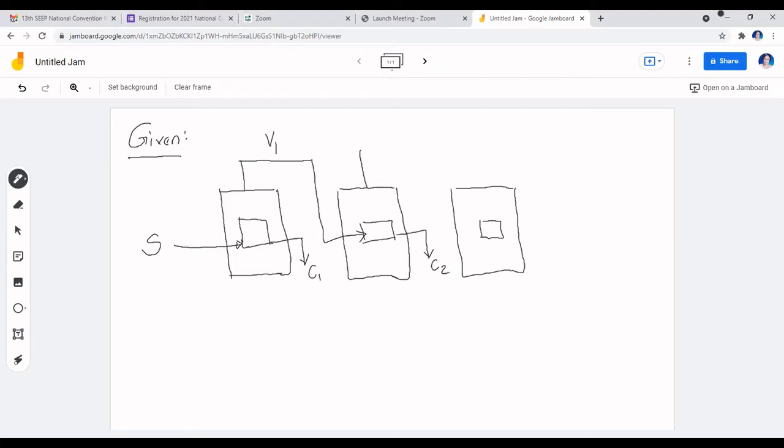Then the vapor of the second effect heats up the calandria of the third effect. And you have here your condensate 3. The vapor of the last effect either goes to the condenser if the problem is providing information. In this case, there's no information about it, so I will just simply write V sub 3. Okay, so this is what happens in terms of our heating medium.